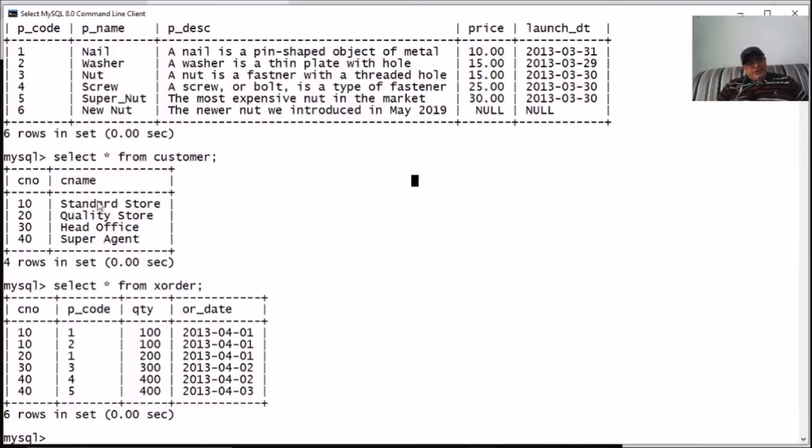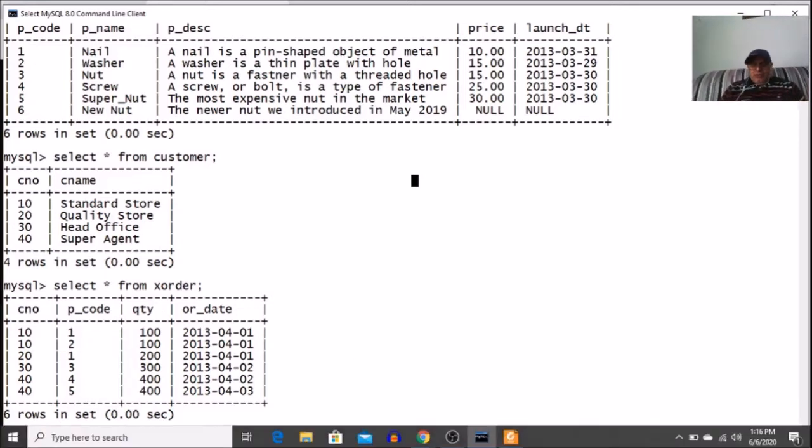For example, customer number is the primary key in table customer, but it is a foreign key in the table X order. Similarly, P code is the primary key in table product, but it's a foreign key in the table X order. When creating these tables, we will have to explicitly specify these things.